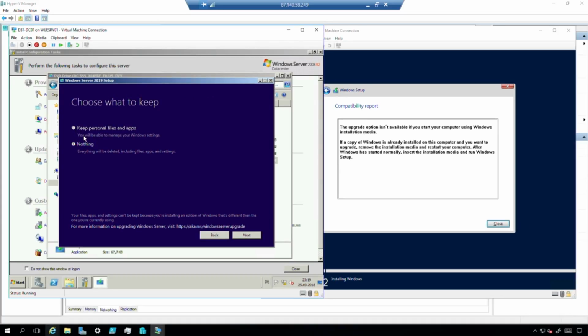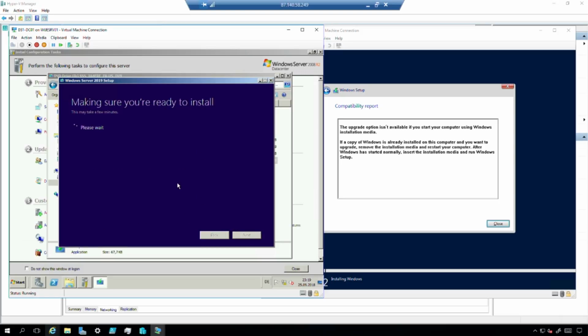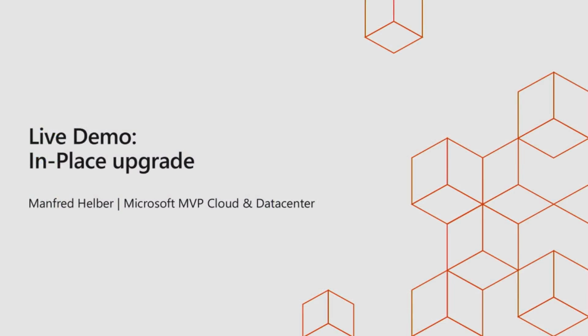And if I don't care about this step, if I only click on next, and yes, then this one was a domain controller. In 10 minutes, this domain controller is lost. Everything is gone, so it's a new installation of Windows Server on this machine. We will not wait for this step. We will switch back to the presentation, but this is what I wanted to show about the in-place upgrade, so